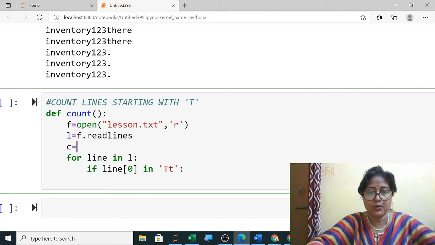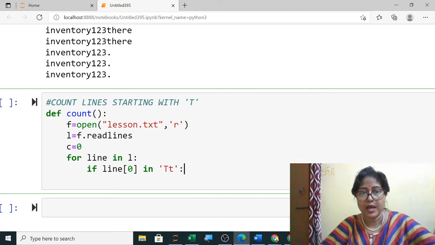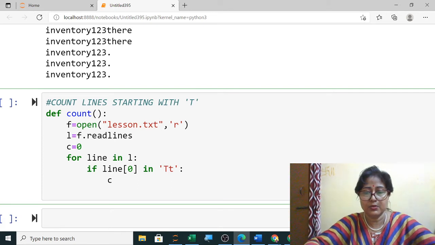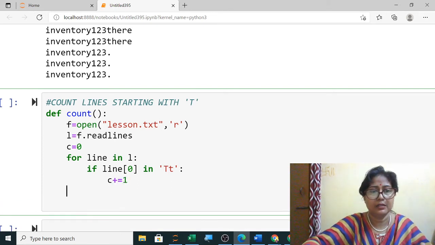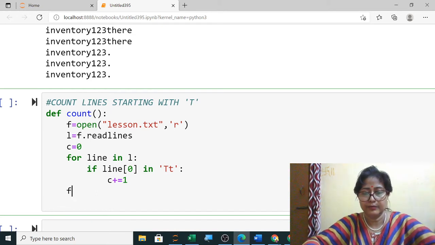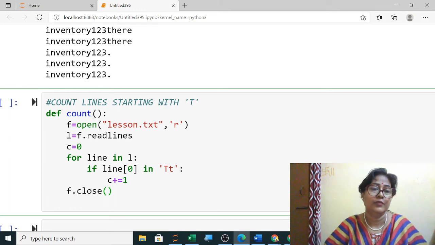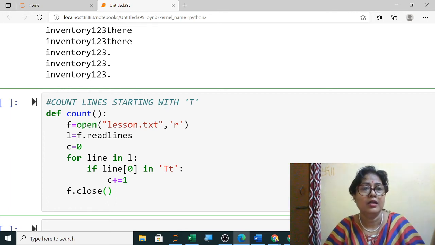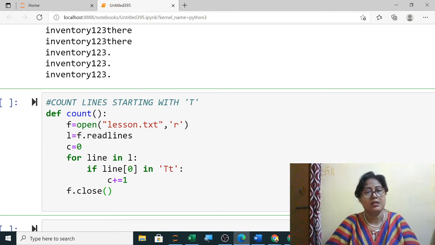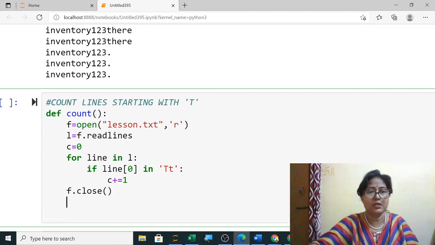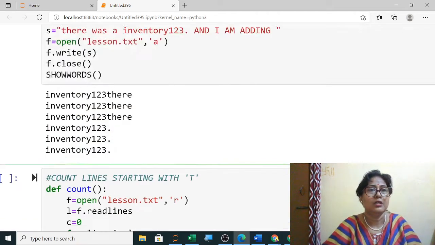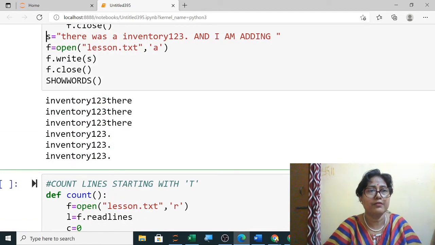C equals 0 initially, and here C will be equal to C plus 1, and after the loop, f.close. Clear?